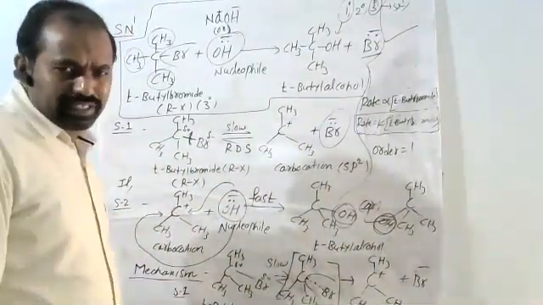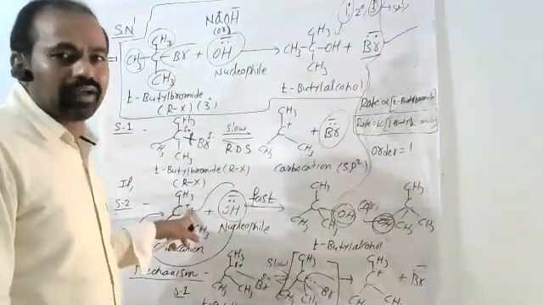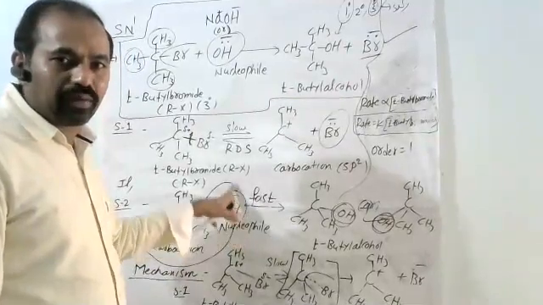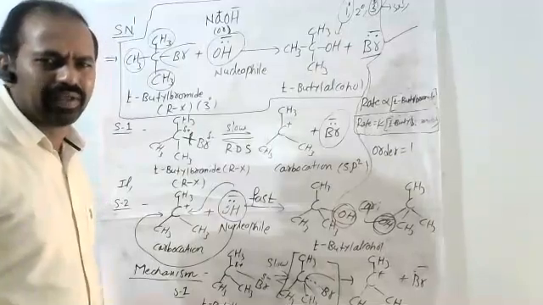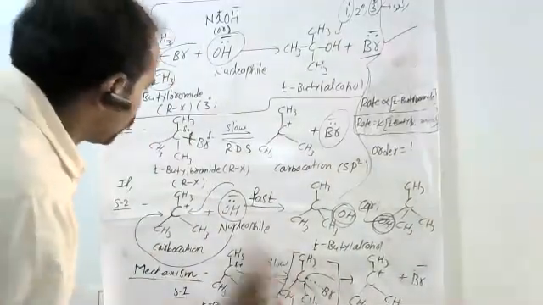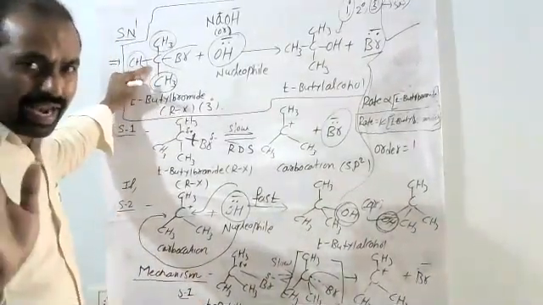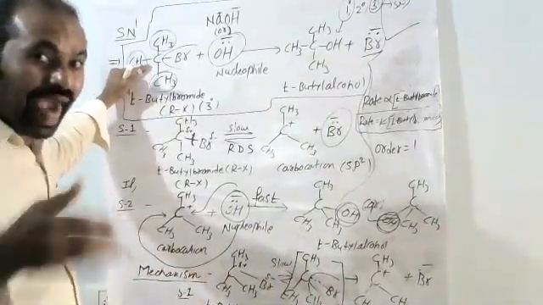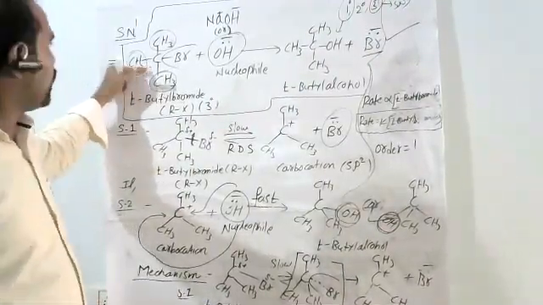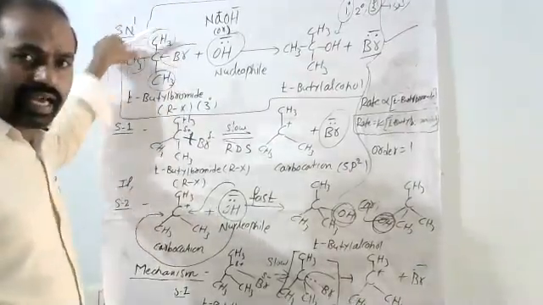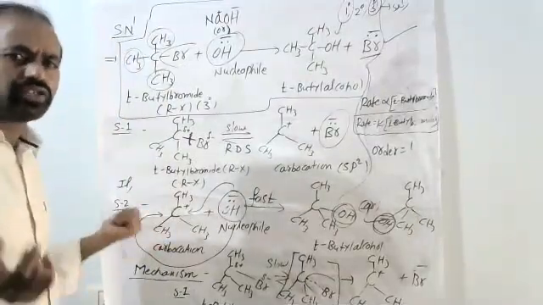So in such a process, the nucleophile attacks from either side, because it is planar. That's why the nucleophile attacks from either the back side or the front side. Both have equal possibilities. Okay, in this process, one simple thing, see. If I take this alkyl halide as optically active, optically active means it has a chiral carbon only. Chiral carbon means here I have taken methyl, here ethyl, here propyl. Methyl, ethyl, propyl. That is also a tertiary carbon.